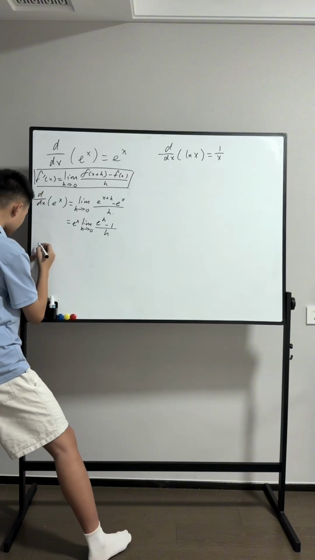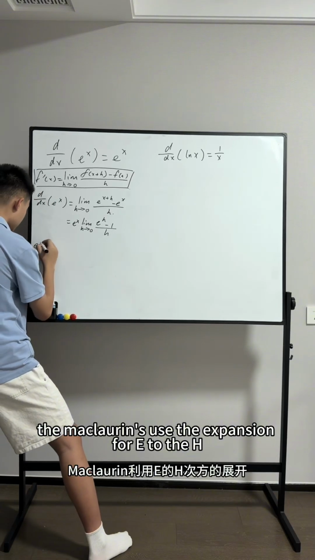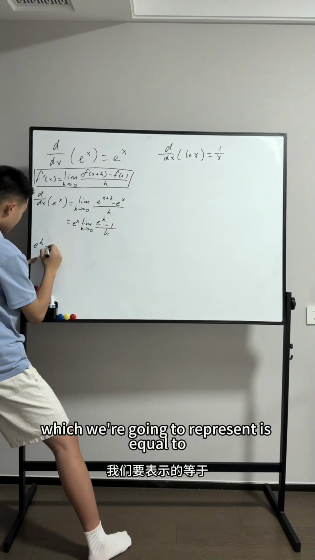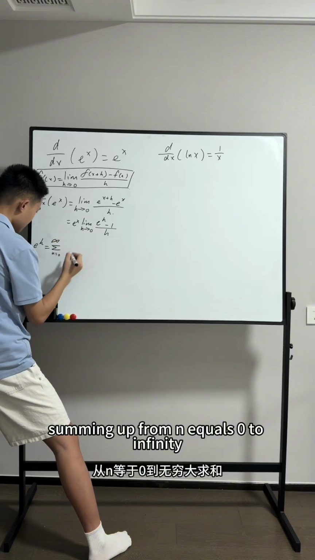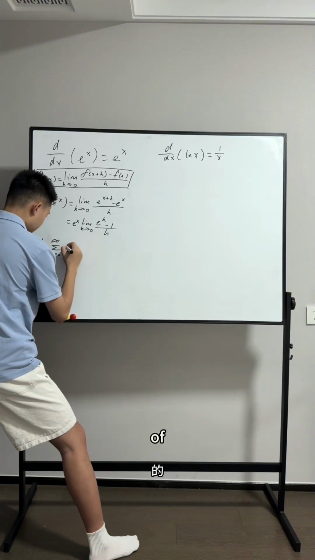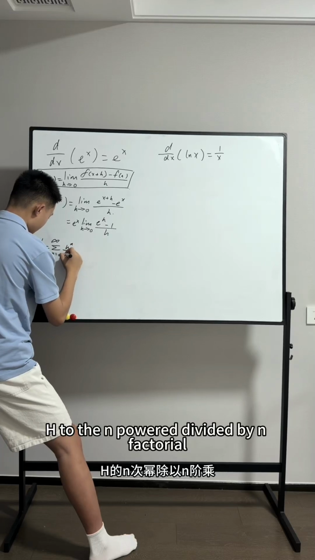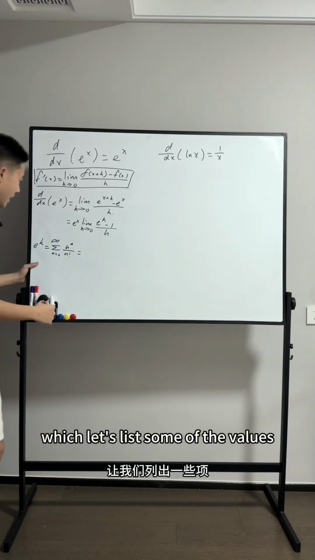So the Maclaurin series expansion for e to the h is equal to summing up from n equals 0 to infinity of h to the nth powered divided by n factorial,